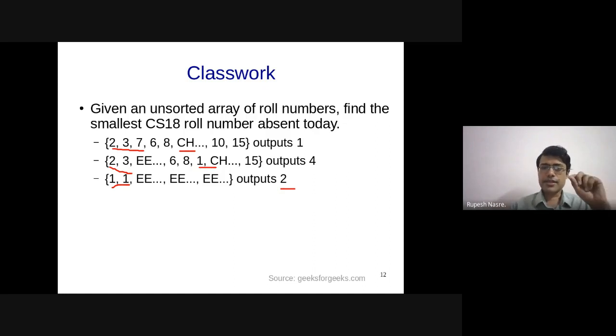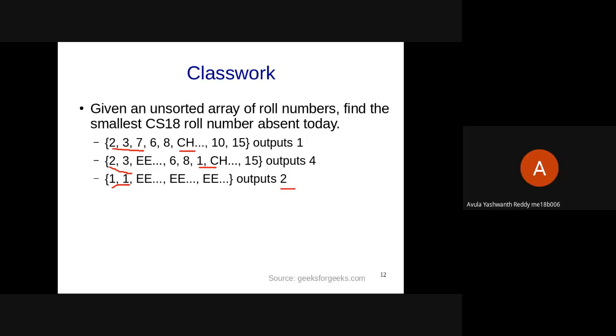Right? So in this case, Yashwant Reddy, how will you say that you will be able to do it in order max number amount of time? Since we know the maximum number, let's say it is 15, we'll look for 14. If 14 is not there, we'll store it, and we'll reduce it to 13. If 13 is not there, again we'll store it. If 12 exists, like that, we'll iterate up to 1, the last one. We'll know the minimum number.